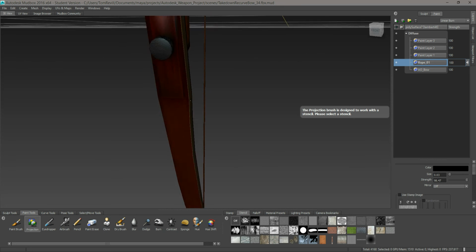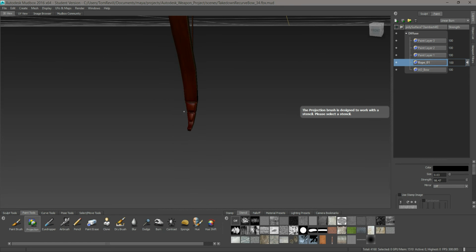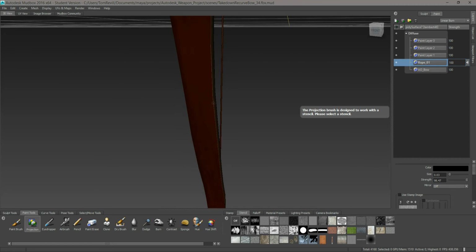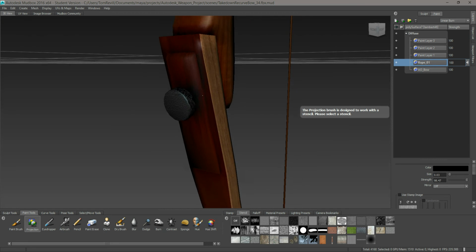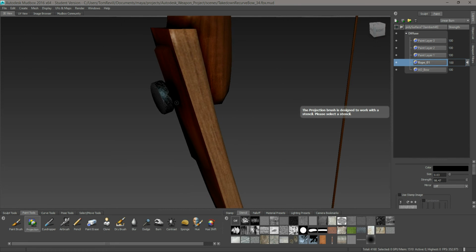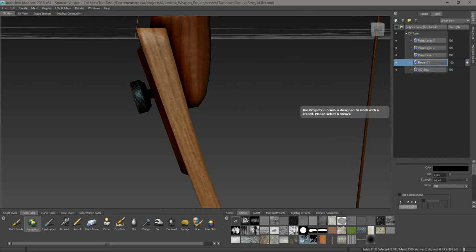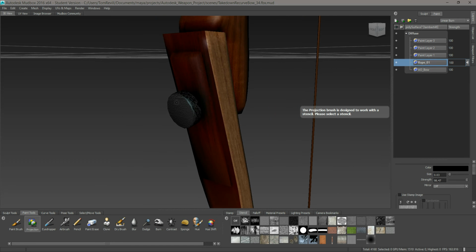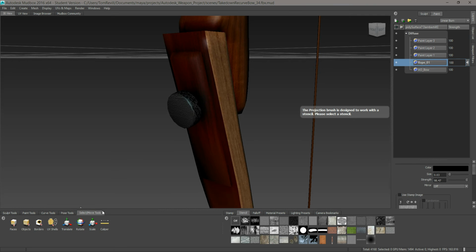Now, I'm just going to give you a look into a little bit of a texturing technique which I found out during my time working with this program. What I can do is go to select and move tools, then go down to objects and select this